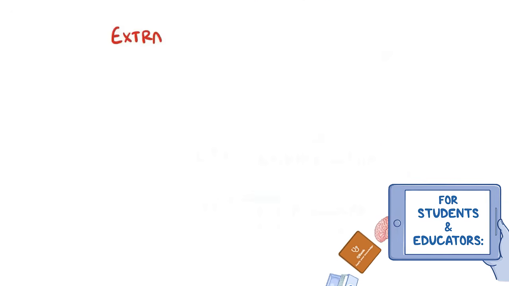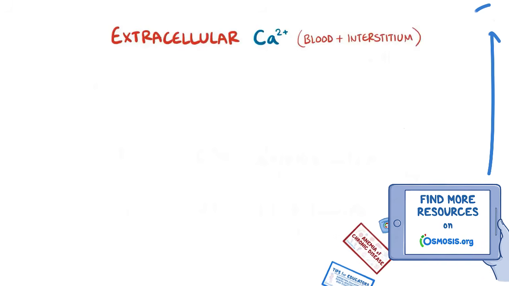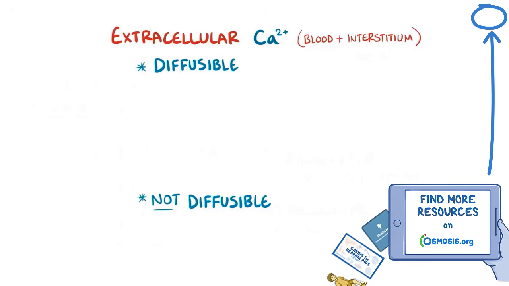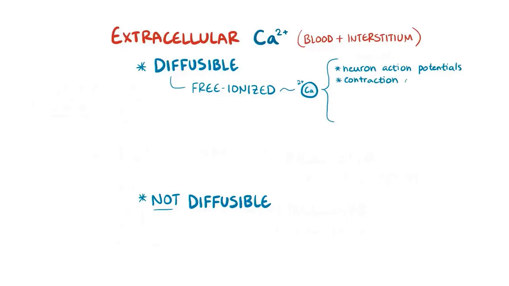Now, the majority of the extracellular calcium, which is the calcium in the blood and interstitium, is split almost equally between two groups, calcium that's diffusible and calcium that's not diffusible. Diffusible calcium is small enough to diffuse across cell membranes and is separated into two subcategories. The first is free ionized calcium, which is involved in all sorts of cellular processes like neuronal action potentials, contraction of skeletal, smooth, and cardiac muscle, hormone secretion, and blood coagulation, all of which are tightly regulated by enzymes and